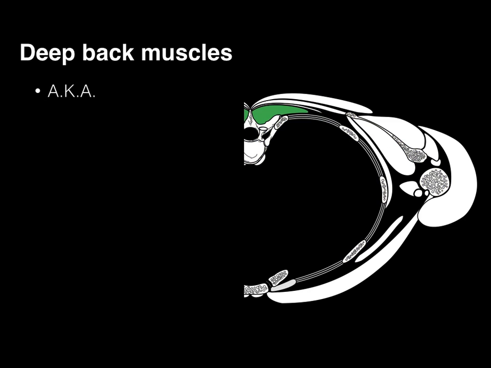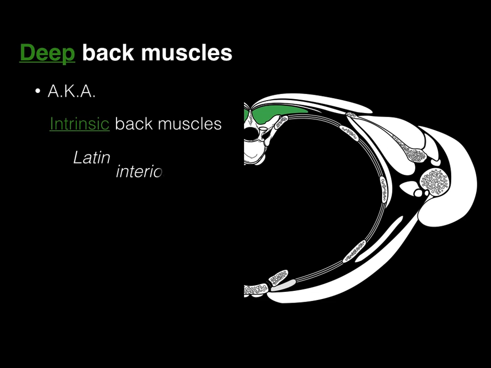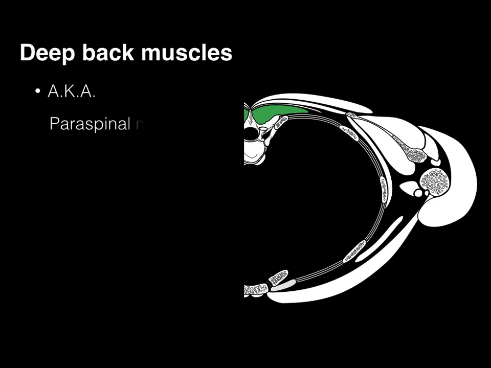Now the deep back muscles are also known as intrinsic back muscles because this word intrinsic has basically the same meaning as deep. And so the word intrinsic in Latin means interior or the inner or within. Doesn't that sound kind of like deep? Deep back muscles are also known as paraspinal muscles because this prefix para in Greek means beside. And so there's the spine, and beside the spine are these deep back muscles,